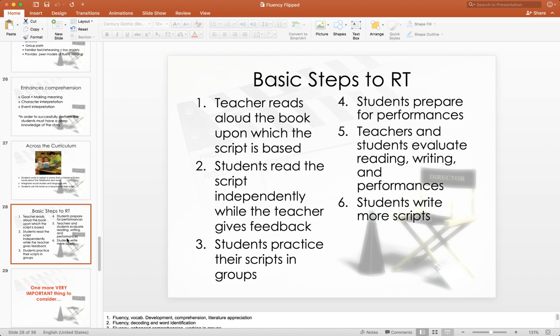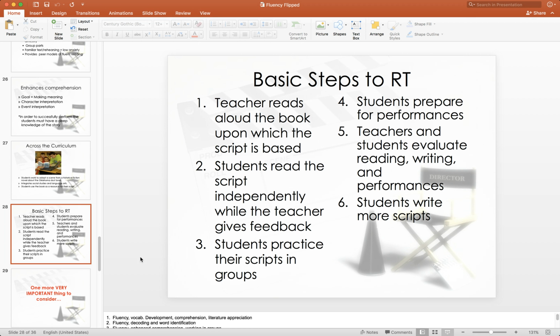Finally, here are the basic steps to Readers Theater. The teacher reads aloud the book upon which the script is based. Students read the script independently while the teacher gives feedback. Students practice their scripts in groups. Students prepare for performances. Teachers and students evaluate reading, writing, and performances, and then students write more scripts. So this process can take 5 days, it can take 2 weeks, depending on how much time you have